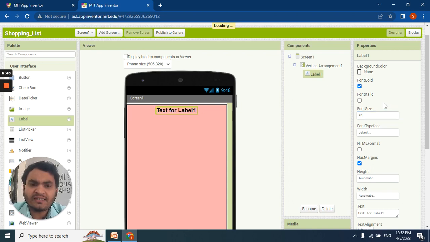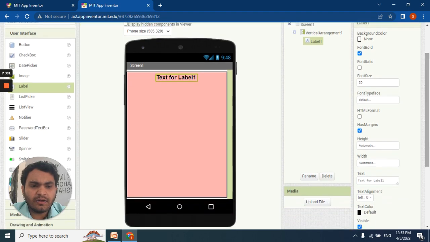You can change the font size as per your need; it's not mandatory that the font size should be what I am choosing here. Width and height let them be automatic.